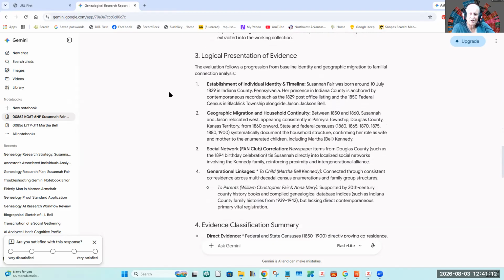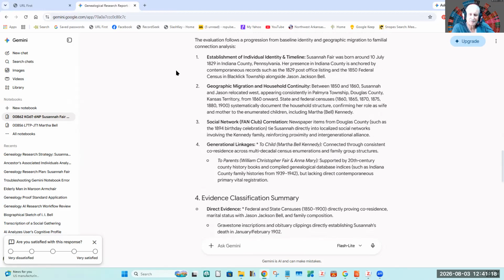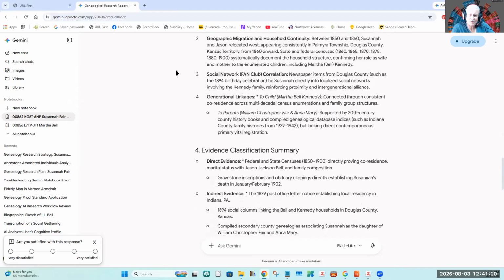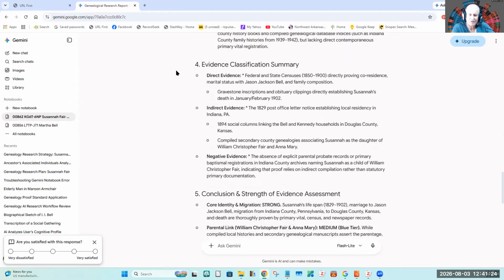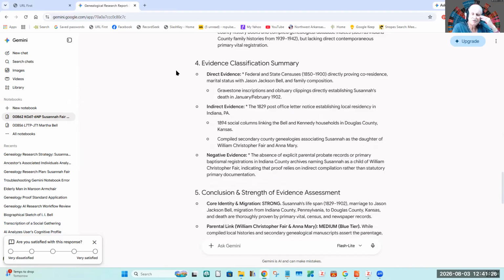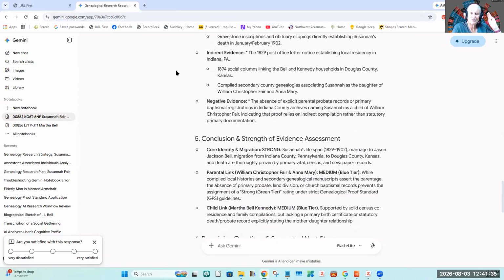So logical preservation of evidence. Okay. So this is what you get from Thomas McGinty's. I'm trying to decide which one of these I like the best, or whether I'm going to do my own. And I did my own, and the next one will be my own.